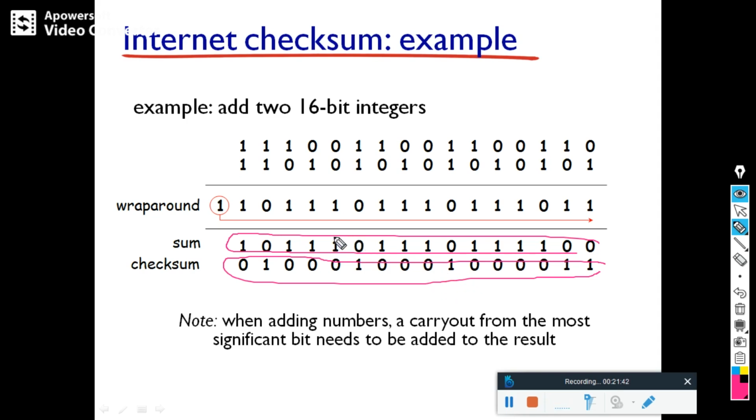Clear, right? So normally data or information is written in this format, like 16-bit integers. Add them. If there is a carry, wrap around, then you will get the sum. Then take the ones complement. That ones complement is nothing but the checksum.